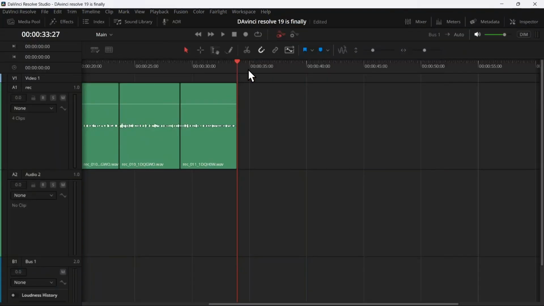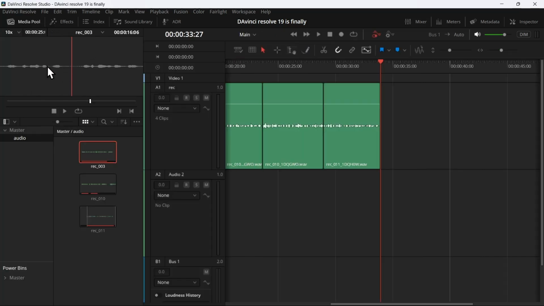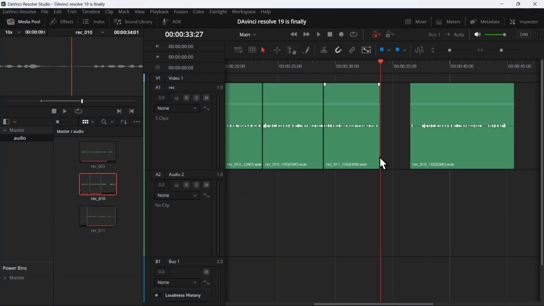Okay, so another thing I just found out while recording this video, if you go to the media pool on the Fairlight page, now you also get this viewer to preview your audio clips, and you can also make an in and out point just by clicking I and O, and then just drag it and drop it to your timeline. So yeah, that's all of the features that I